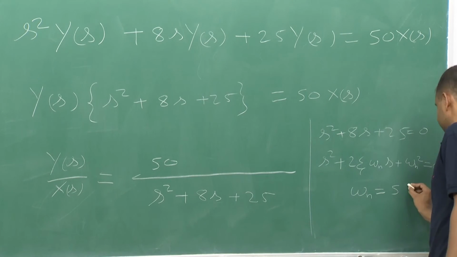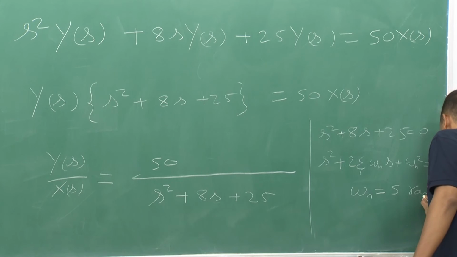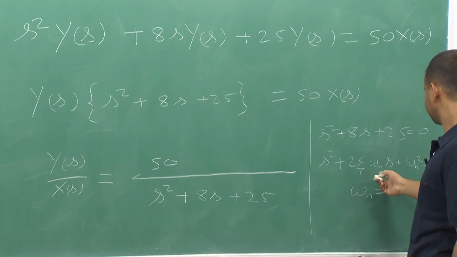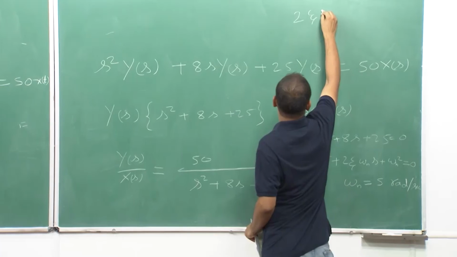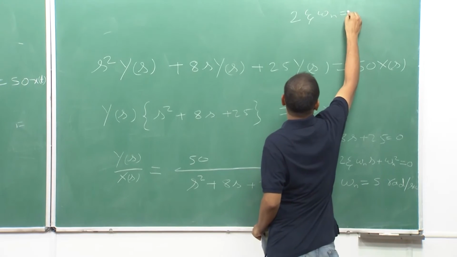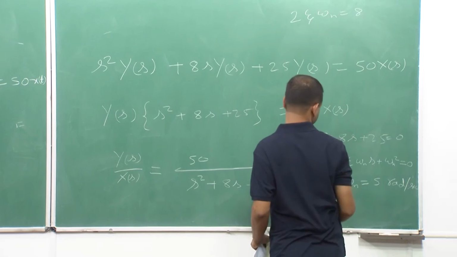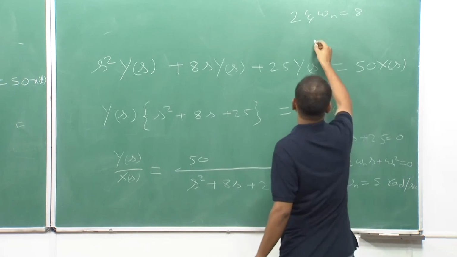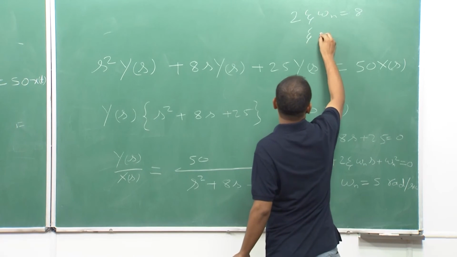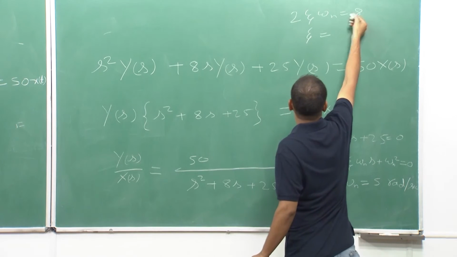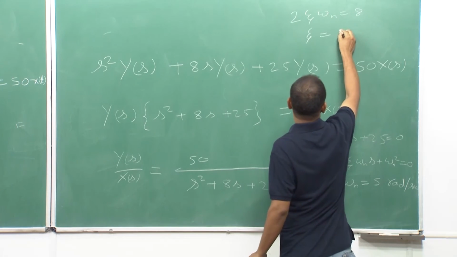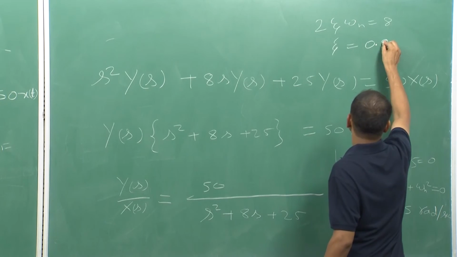So, the omega n will be 5 radian per second, and 2 zeta omega n is equal to 8, omega n is equal to 5 radian per second. So, I can write zeta is equal to 8 divided by 10, so it will be 0.8,